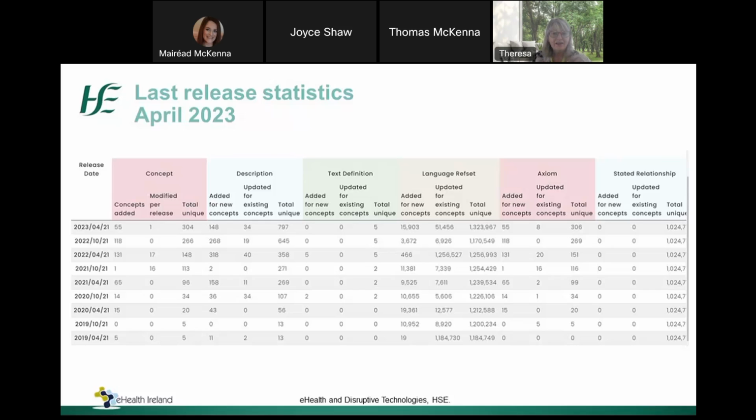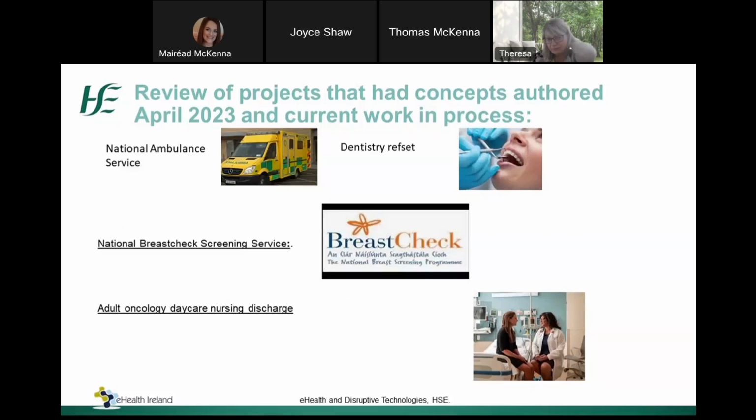And all of these data sets we worked with and created new content for were ones that came through the DSMP process that I spoke about earlier. Some of the projects that we authored and worked with in the last year have included the National Ambulance Service, the dentistry reference set. So they're doing a very big project and getting a new system this year, and we did quite a lot of work with them. Breast screening, so they have a new reference set and they have a new system coming out this year as well, and standardizing their data is work that we've done. And an oncology